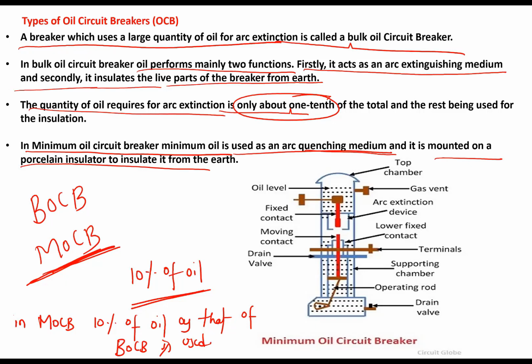So which is the best circuit breaker? For low voltage applications, blindly vacuum is the best. For low voltages up to 33 kV, vacuum is the best choice. For voltages up to 230 kV, the best is sulfur hexafluoride. Understand? For voltages above that, we go for the air blast circuit breakers. Understand?